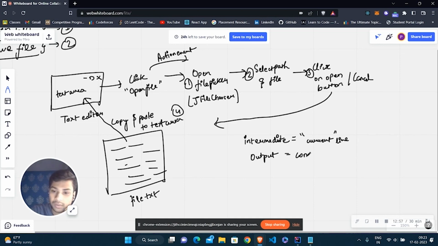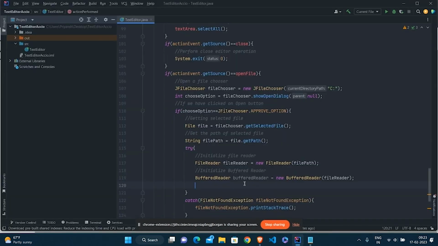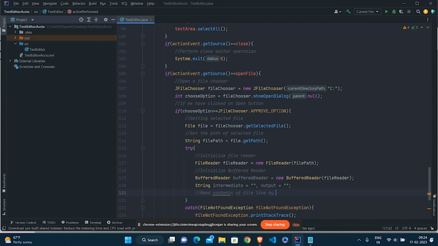So we'll be pasting the complete text inside the output string. We will be creating string intermediate equals to an empty string, and an output string, an empty string. Now we are going to read the contents of the file line by line.